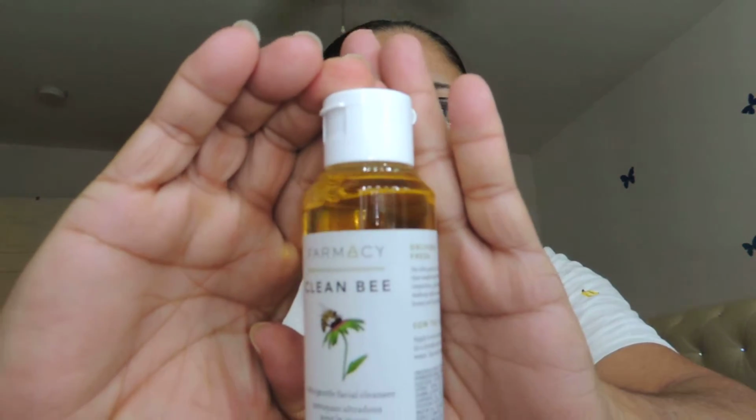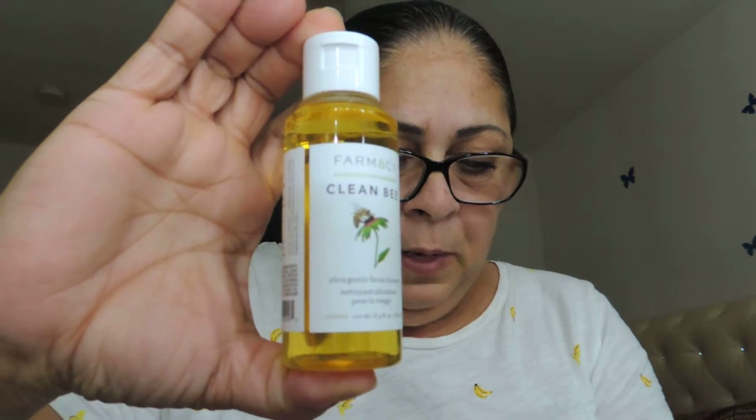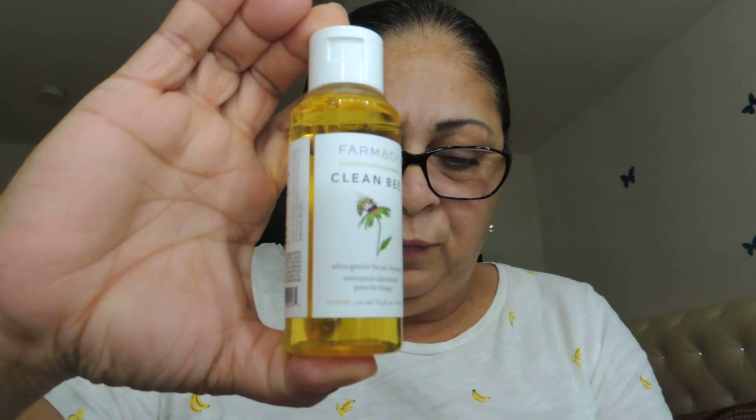And then the next thing we have in here is, I forgot to tell you guys, I have variation 3. So the next thing we have here is this. And this says FARMACY-Clean B Ultra Gentle Facial Cleanser. And it looks like this. And it says soothe and hydrate your skin while lifting dirt,